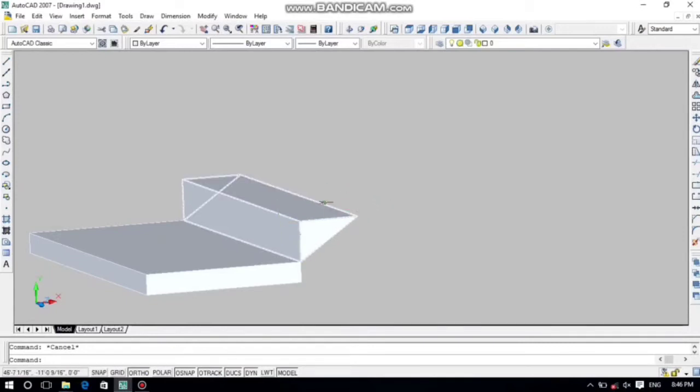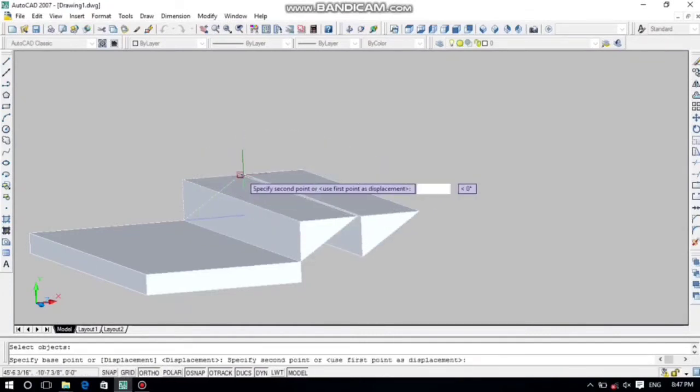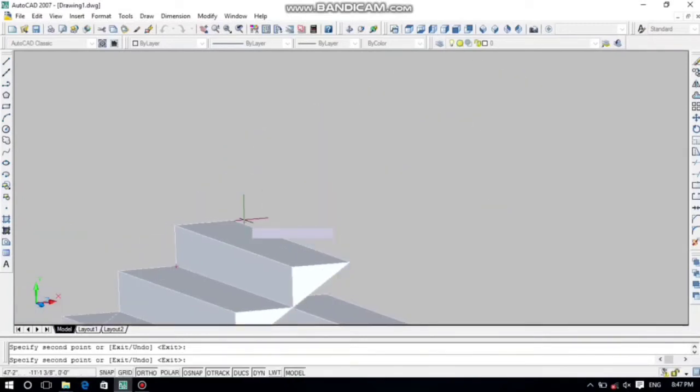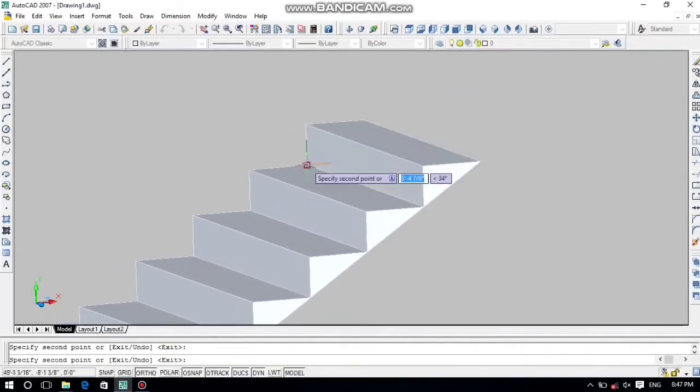You just put CO, then enter, then click on the object, then click over here, go to the corner of that step and click here. So it will be copied from here to here. So it will be 1 step, then 2, 3, 4, 5, 6, 7,